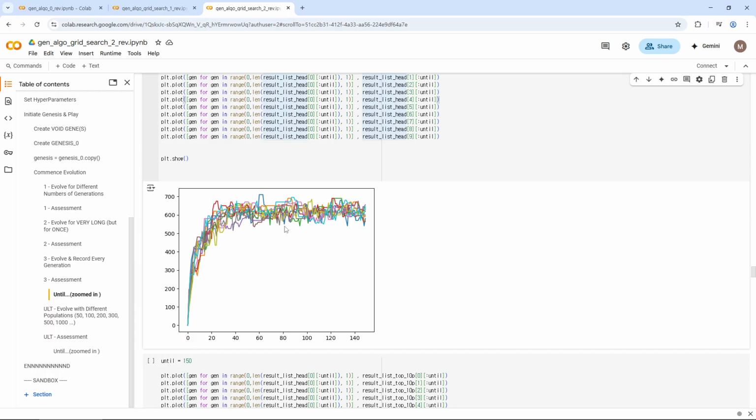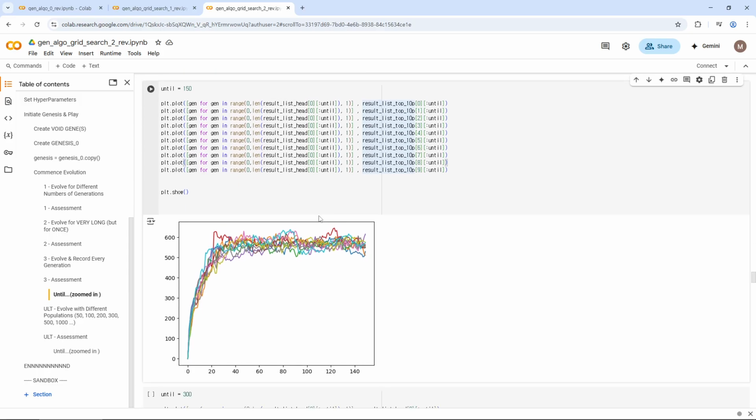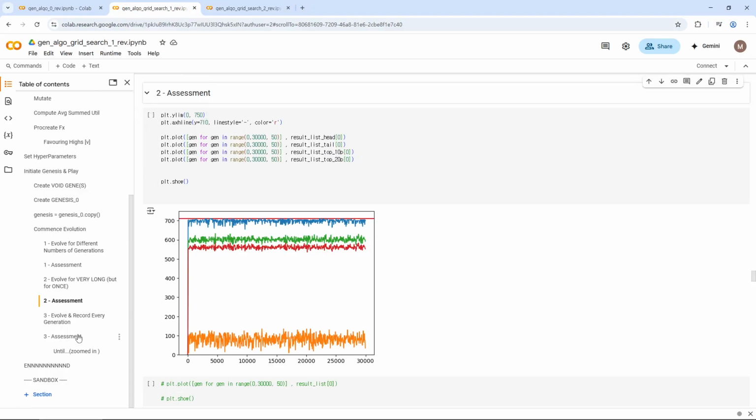They're just there, and then they go down, and then they come up, and they go down. And then for the top 10%, again, we don't see that much of a plateau because they oscillate so much. And again, the overall level at which they oscillate around is still lower than